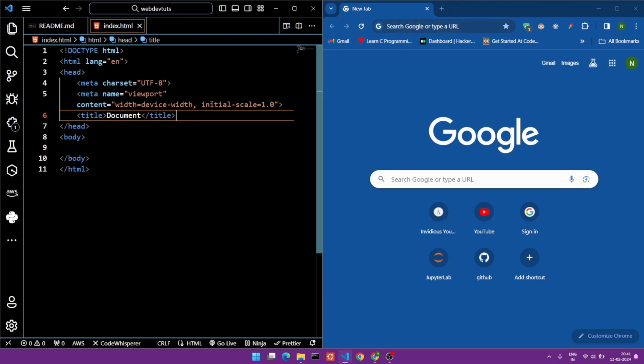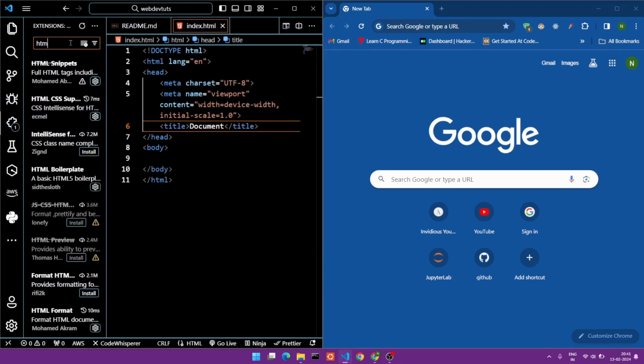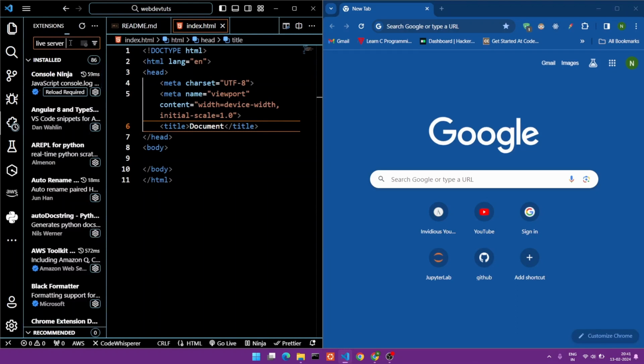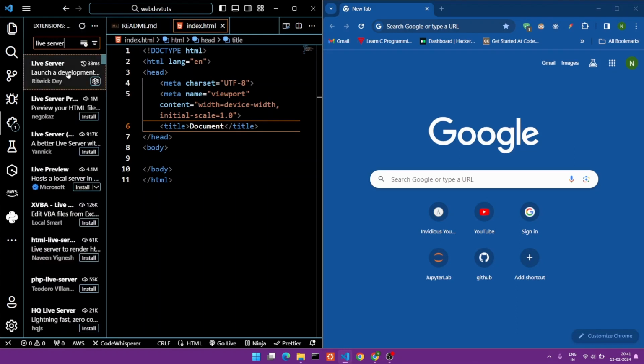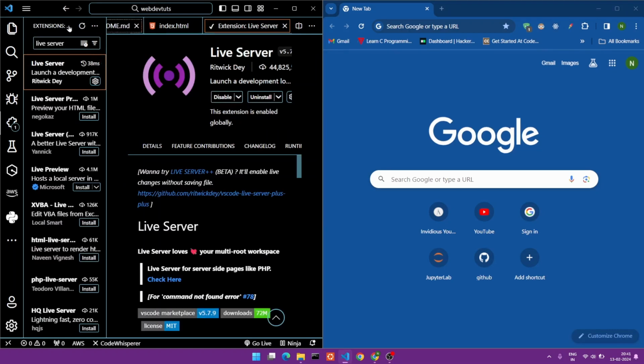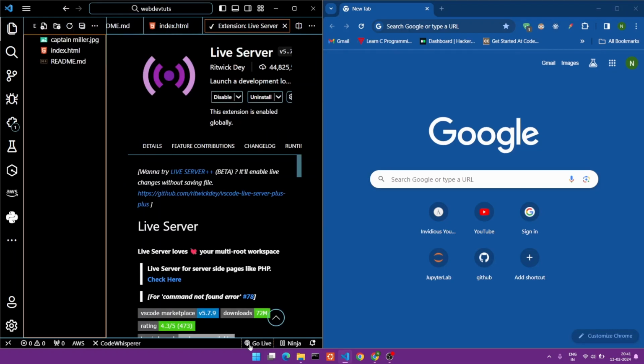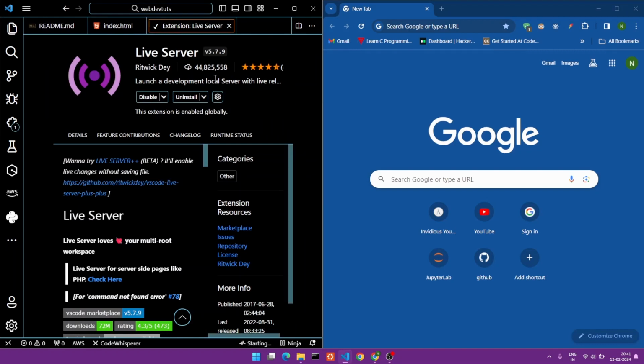Now how to run this HTML? You just click Go Live here. If you didn't find this, please download an extension called Live Server. If you type live server, one Live Server, then it will run. Suppose this one. After installing this, you will find this Go Live. So if you click on this Go Live,